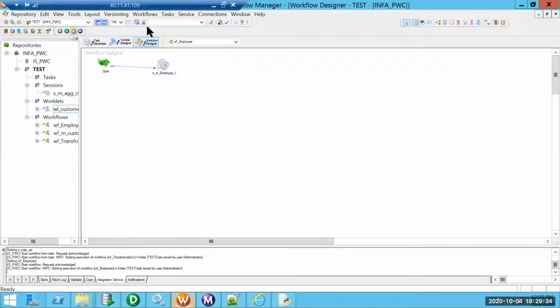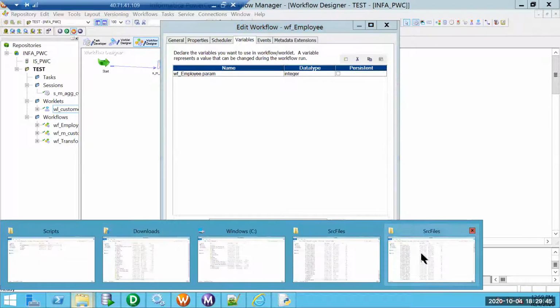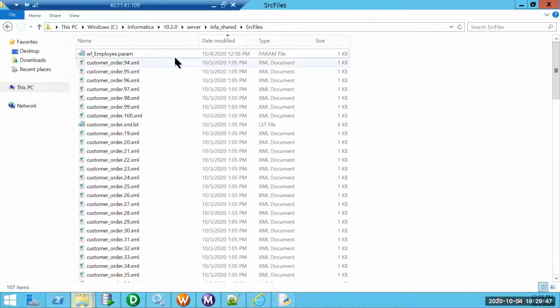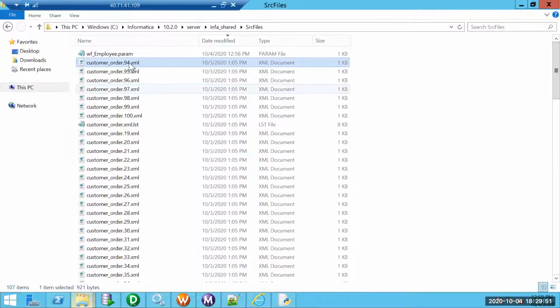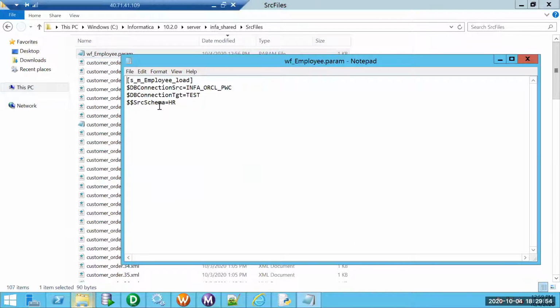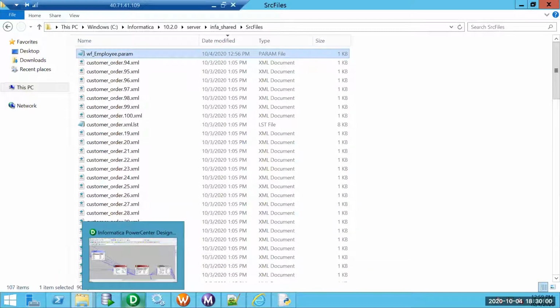So okay, let me do one thing. Let me define the same parameter in here also. That should possibly resolve the issue, because when I am reading the workflow, it can actually get the details from here and then get it assigned.